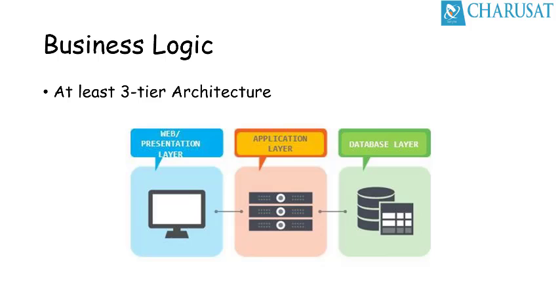Next is business logic. At least a 3-tier architecture is supposed to be developed by the students every time. Normally, if students write any program in C language, that's a 1-tier architecture. Any C program without any storage or without any file IO is a single tier architecture. And if a user develops a web-based application using PHP and MySQL, with no other interface, where the query is triggered in MySQL directly from PHP and the data comes from MySQL to the PHP page, that comes under 2-tier architecture.